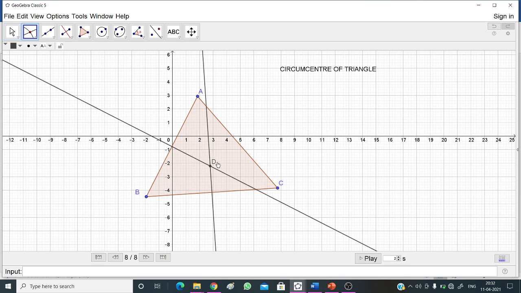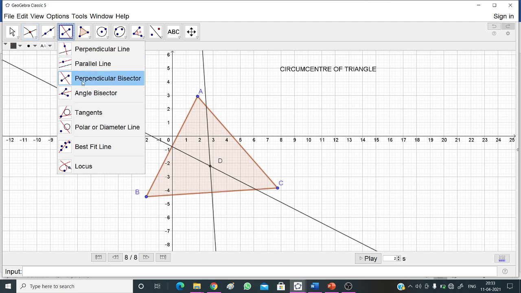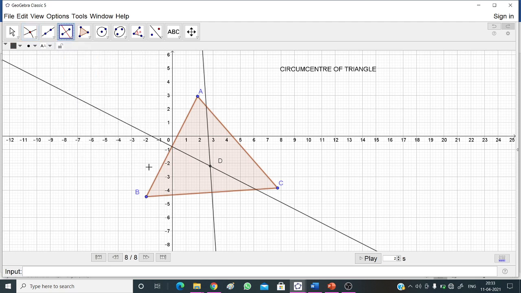Point of intersection D. You can draw one more perpendicular bisector, that is from AC. So this is the meeting point of the perpendicular bisectors. This D is called the circumcenter of the triangle.